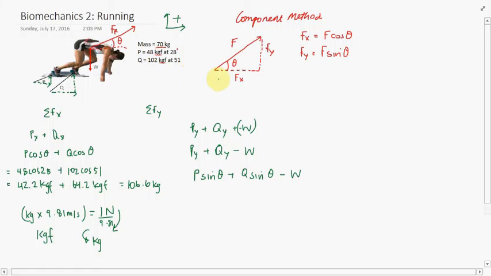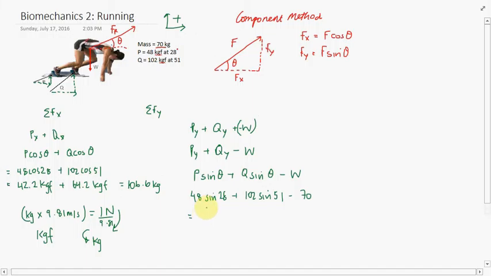Alright, so I'm just leaving the sine out for now. It is therefore 48 times the sine of 28 plus 102 times the sine of 51 minus 70,